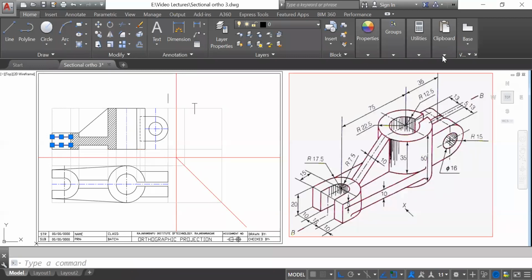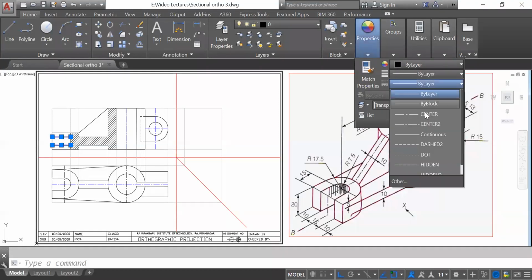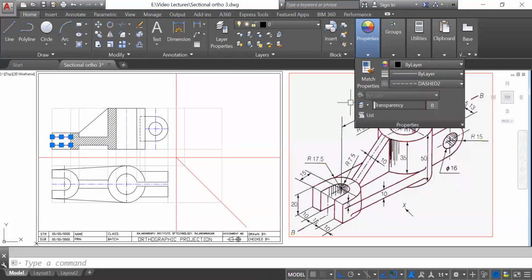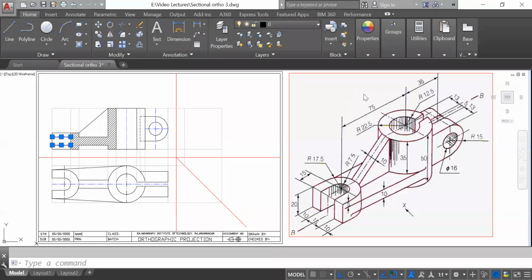So this should be hidden. So this should be hidden lines. Okay. Okay, that's it.